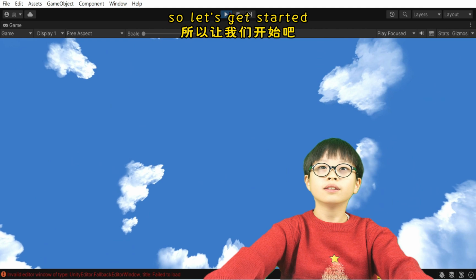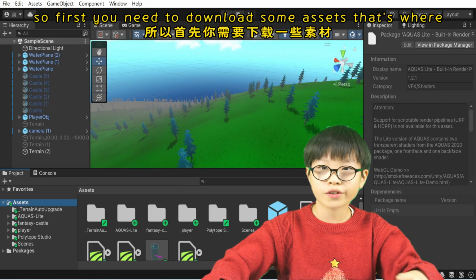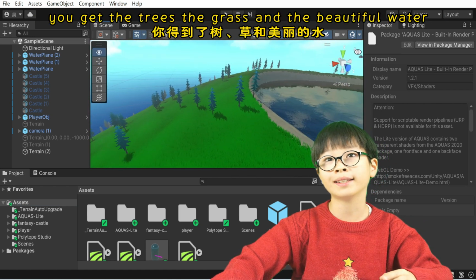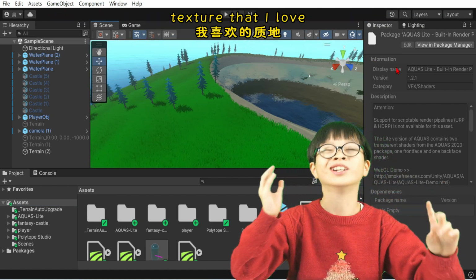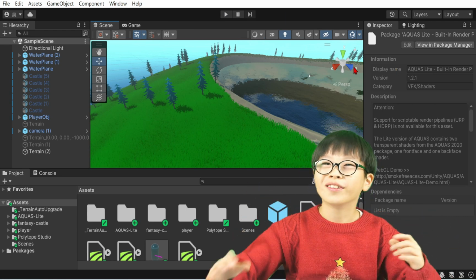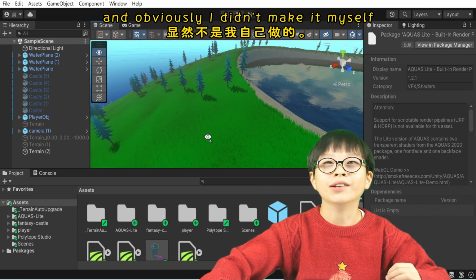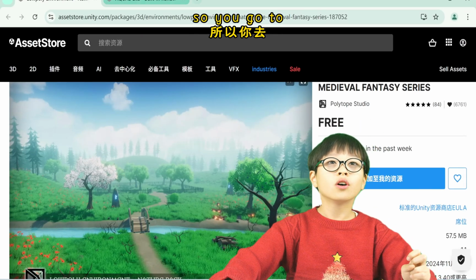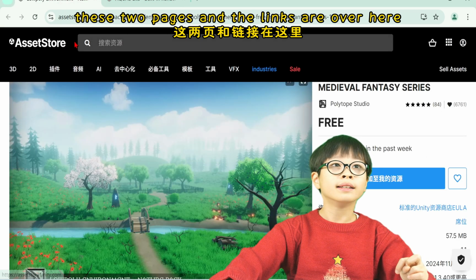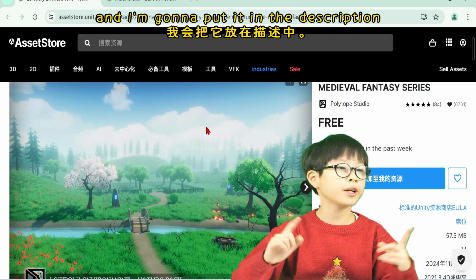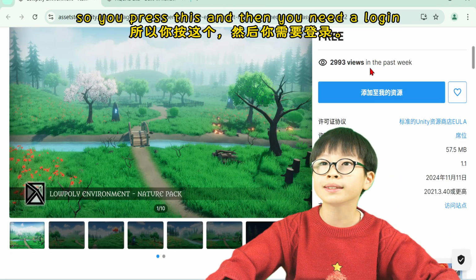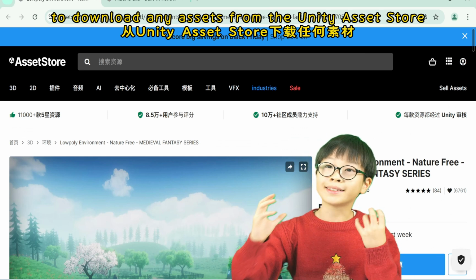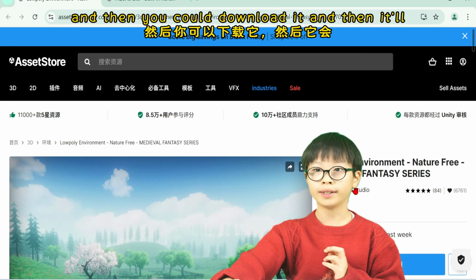So let's get started. First you need to download some assets. That's where you get the trees, the grass, and the beautiful water texture that I love. Obviously I didn't make it myself because my art skills are bad. So you go to these two pages, and the links are over here, and I'm going to put them in the description. You press this, and then you need to log in to download any assets from the Unity Asset Store. You click this, and then you can download it, and then it'll